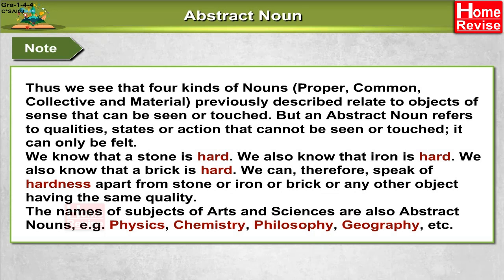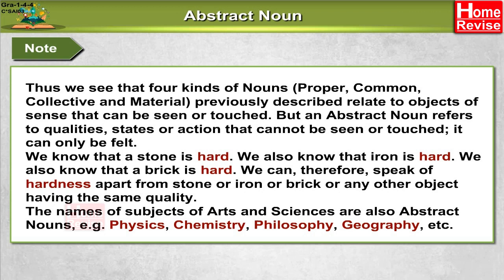It can only be felt. We know that a stone is hard. We know that iron is hard. We also know that a brick is hard. We can therefore speak of hardness apart from stone or iron or brick or any other object having the same